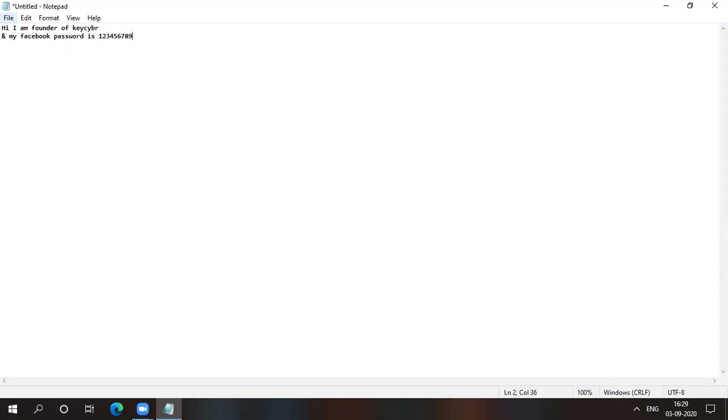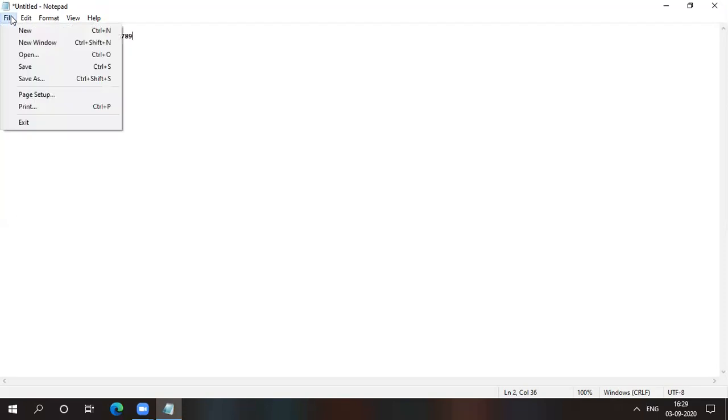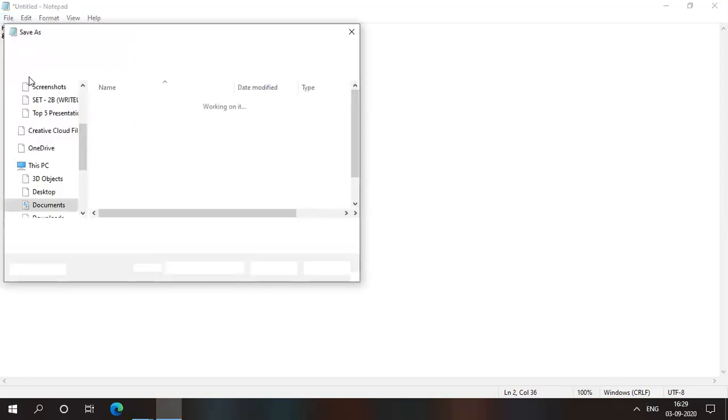Okay, so now I have created one Notepad file, that is a text file. So first I need to save it. Whenever you are going to save the image file or text file, you need to save them in only one location, otherwise you will have to worry about it. Both things must be at one location only. So first I need to save this file, Save As.